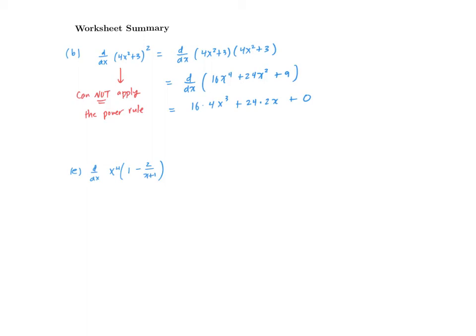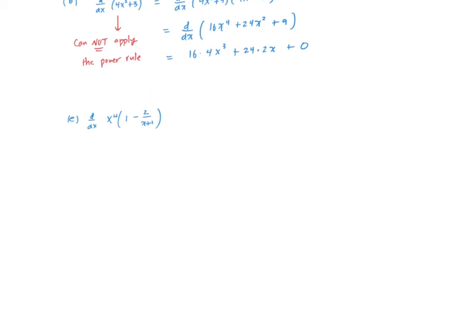So moving on to a second example I wanted to say something about was part E. Now, what I want to remind you of is that it's worth taking a moment or two to think about your approach before just blindly starting to write stuff down. So one thought would be just, oh, a function times a function, I'm going to use the product rule. And that certainly would work, but in terms of maybe a more efficient approach,